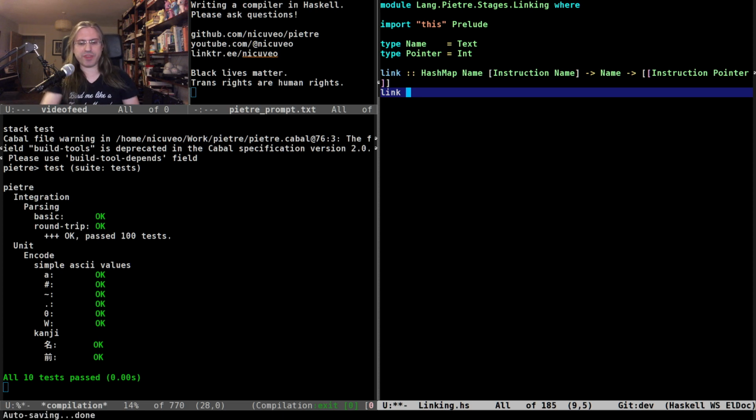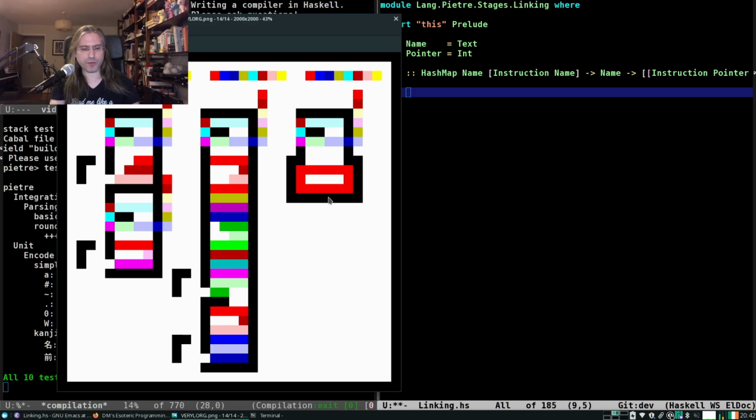Basically, the idea of the addressing thing, if we look at this image, is that this will be address 1 or 0, depending on whether we index it by 1 or 0. This is going to be 2, this is going to be 3, this is going to be 4. So we need to finish linking a function to be able to know what the start address of the next one is,